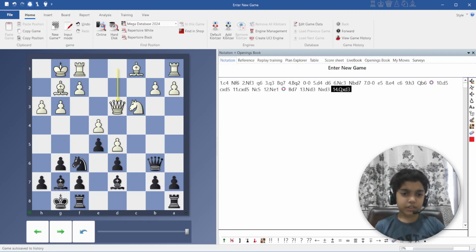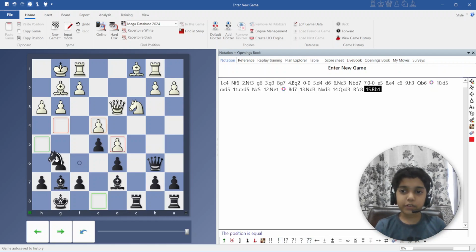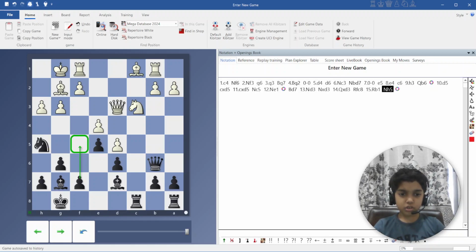Now after rook fc8, well, we get the rook on the file. The move is rook to b1. The idea is to play b4, and we can also play a4. So pretty much. Now knight to h5. The idea is to play f5. Is f5 good,